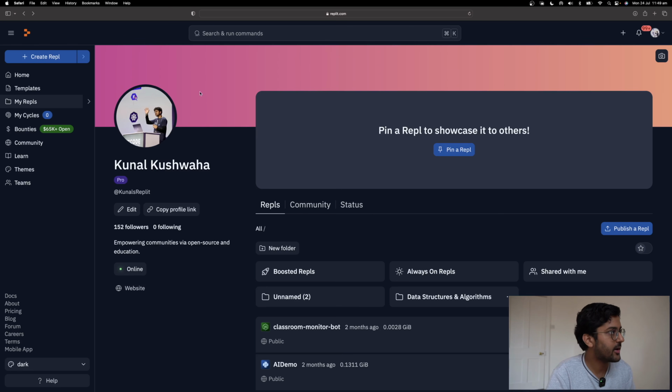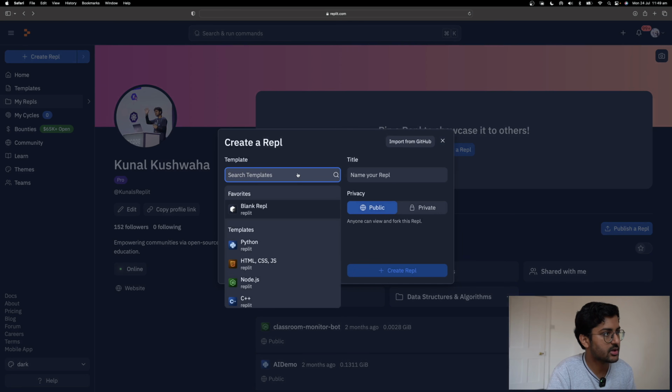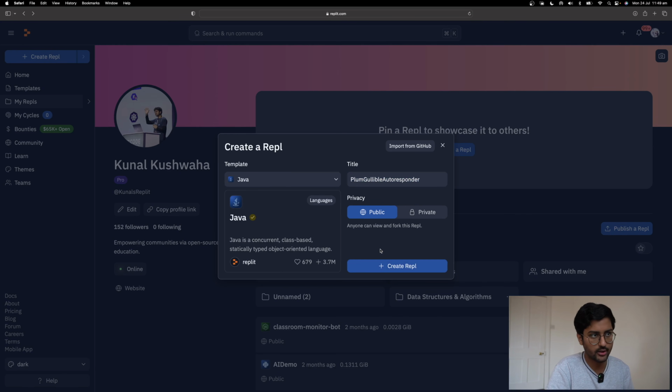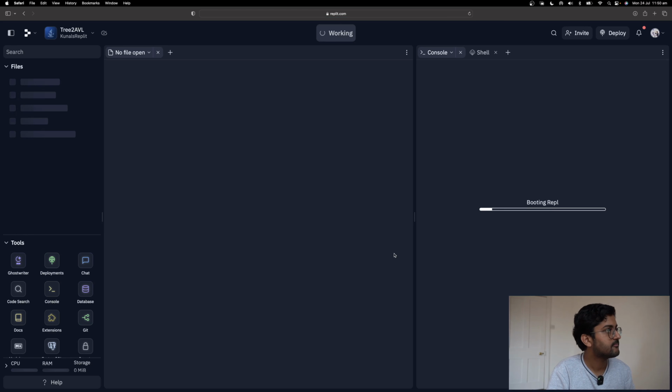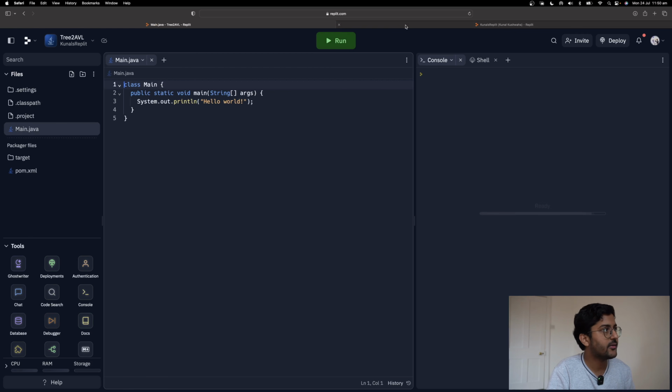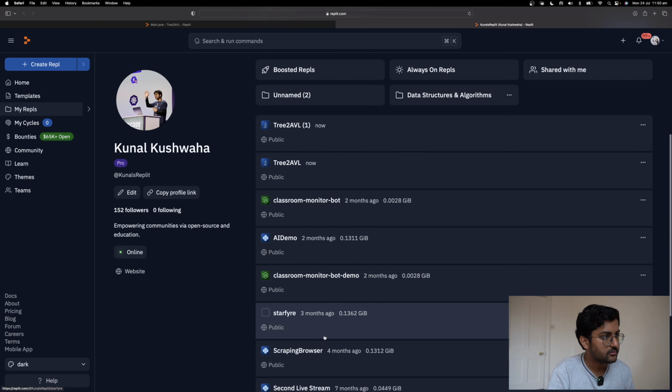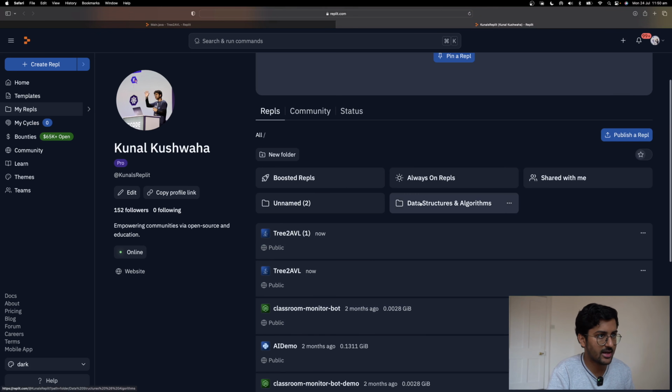All right, let's start with the coding part. You can check out the link to my code sample in the description below. That is going to be nice, because then you can directly run the file in your browser. So I'm going to write tree to AVL, create REPL. And what I'm going to do is copy paste from my data structure algorithms. In the last one, we did